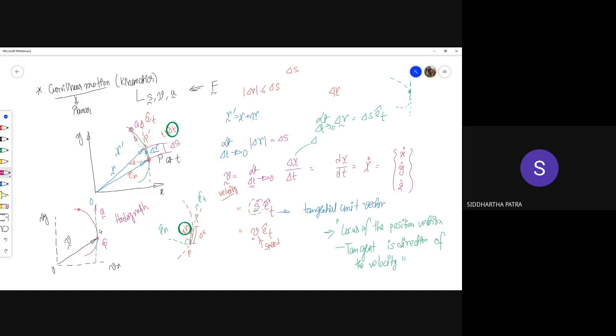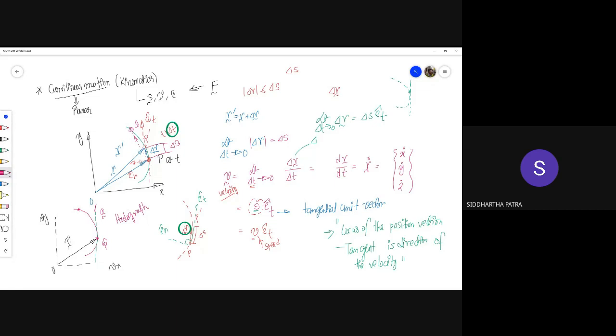Okay, so the hodograph is not showing the actual positions of the particle, but it is showing, at any position, the velocity vector of the particle. So if you plot a graph with that, a tangent to that graph would essentially represent, at a point, the direction of the acceleration. So that is the mathematical interest in describing a hodograph.